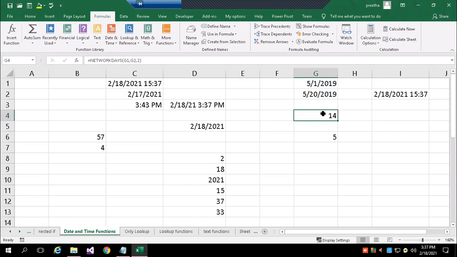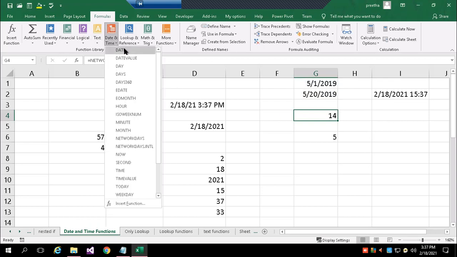Okay, so like this you can work with date and time, date, day. Minute, month, workday, now, seconds, time, year.